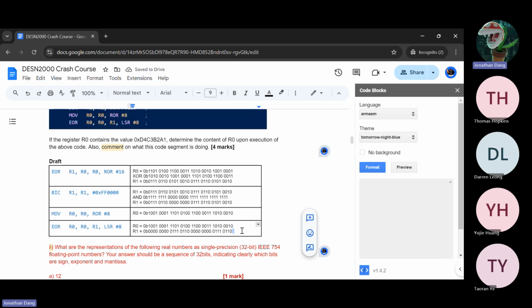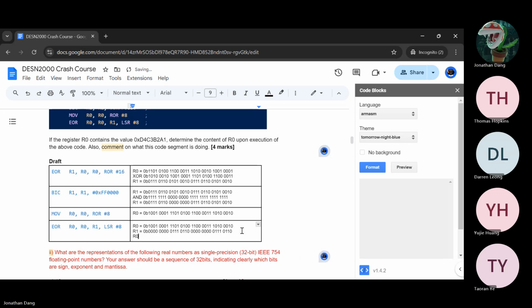And now to get the XOR of this, let me have a look, we end up getting 1001, 0001, 1010, 0010, 1100,